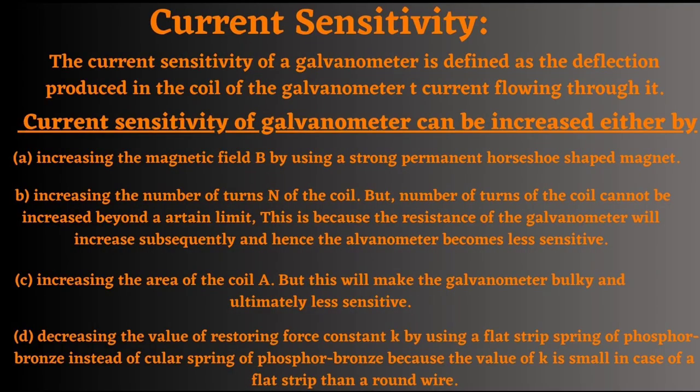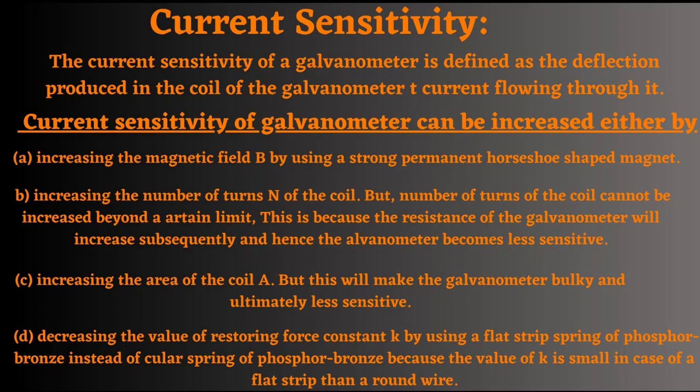Current sensitivity of a galvanometer is defined as the deflection produced in the coil of a galvanometer per unit current flowing through it. It can be increased by increasing the magnetic field by using a strong permanent horseshoe shaped magnet. It is also increased by increasing the number of turns of the coil, and by increasing the area of the coil, but it increases with the decrease in the value of the